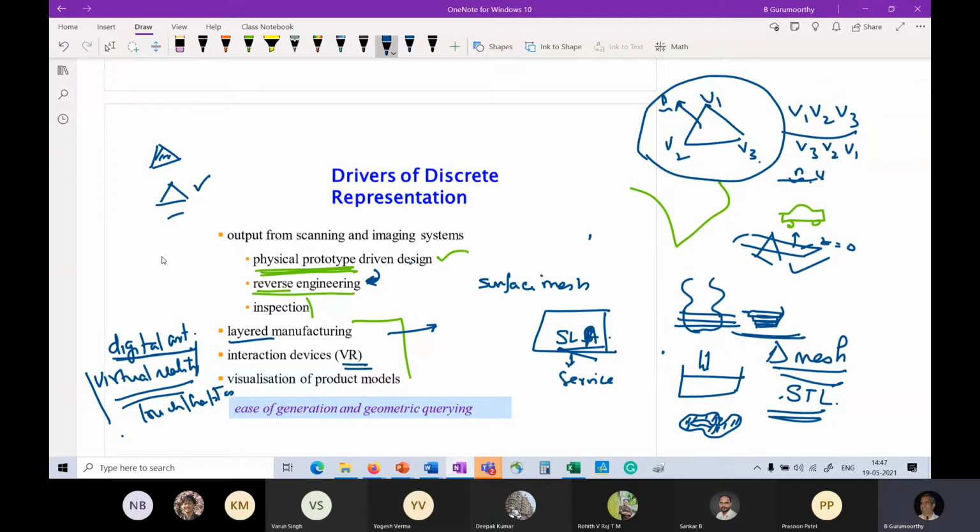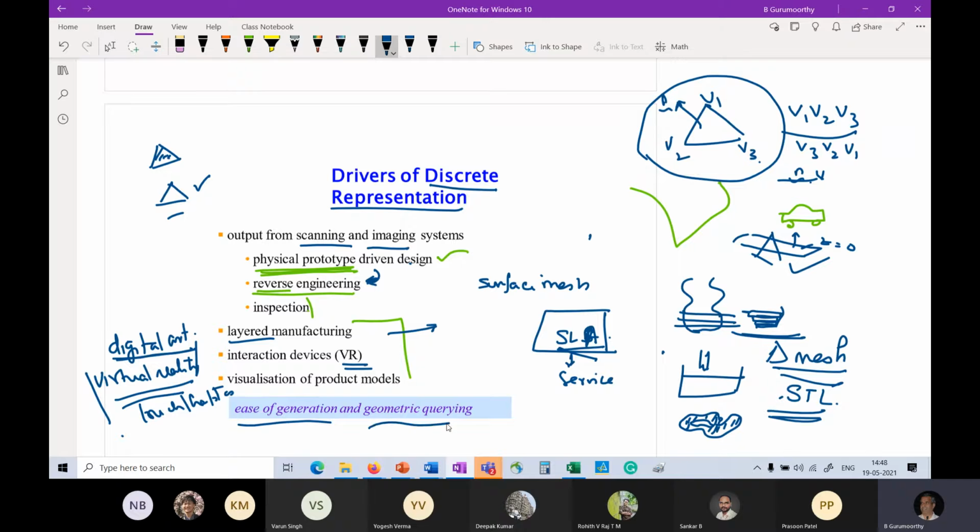And therefore, technology in the form of scanning and imaging systems, and needs in the form of these areas, led to this new representation becoming very popular, the surface mesh representation. And in two phrases, if we have to summarize this, the user can generate it very easily, millions of triangles in no time, by just using a range camera or a scanner.